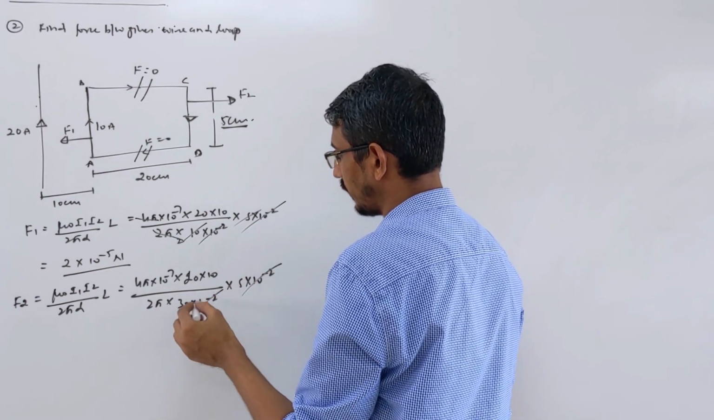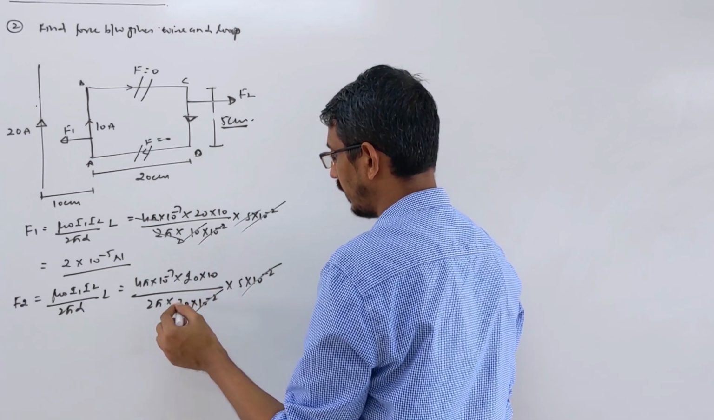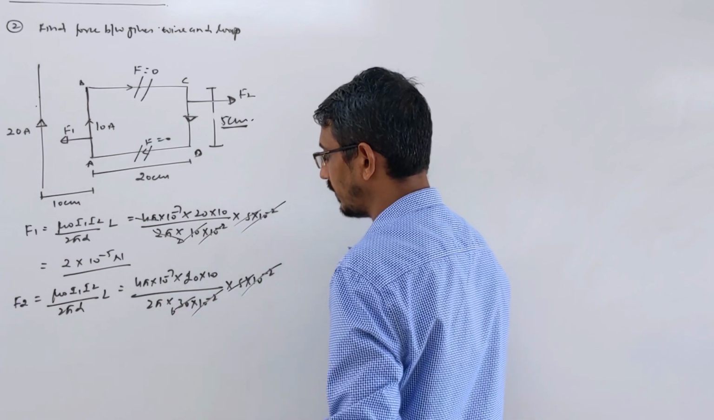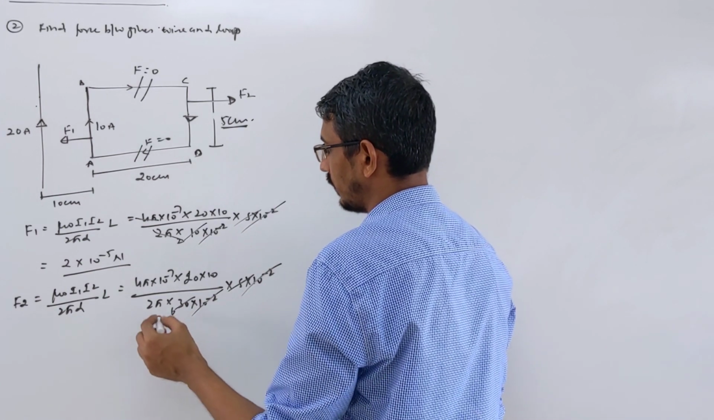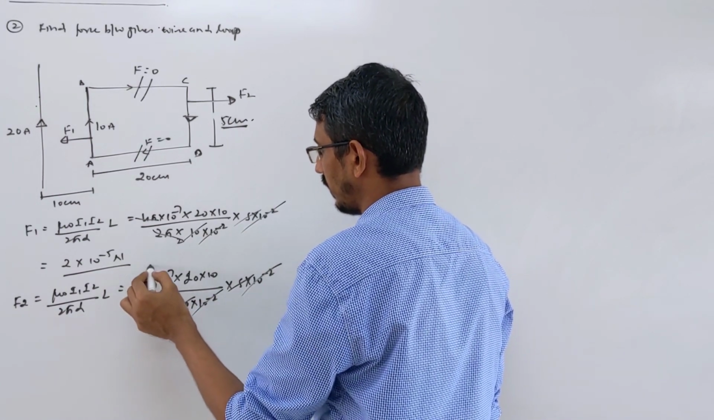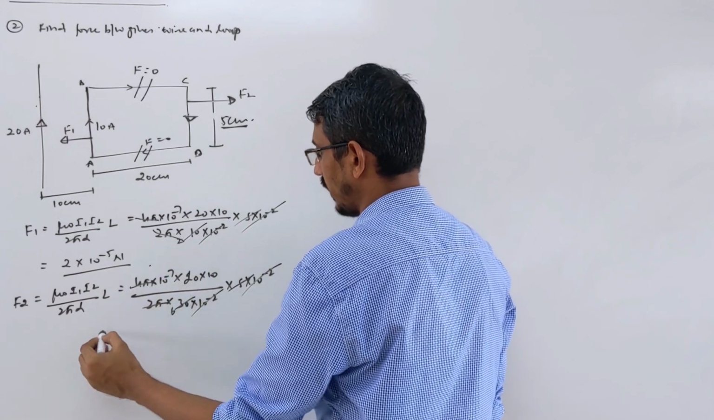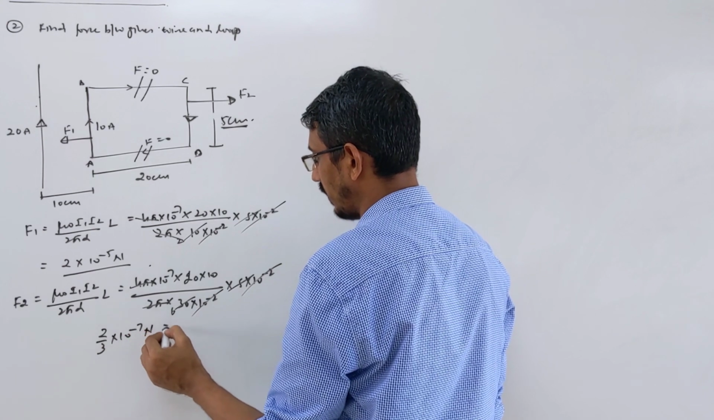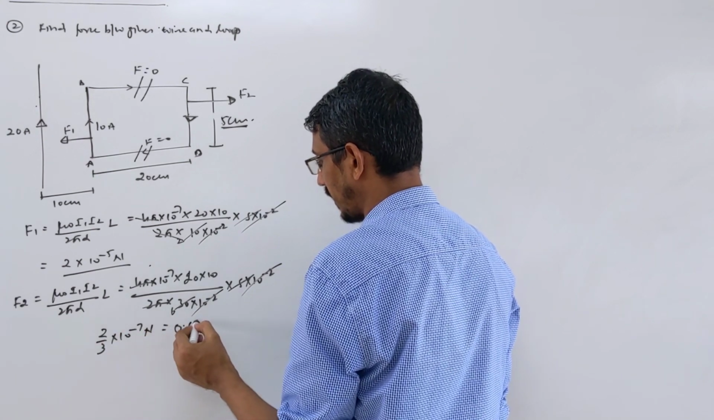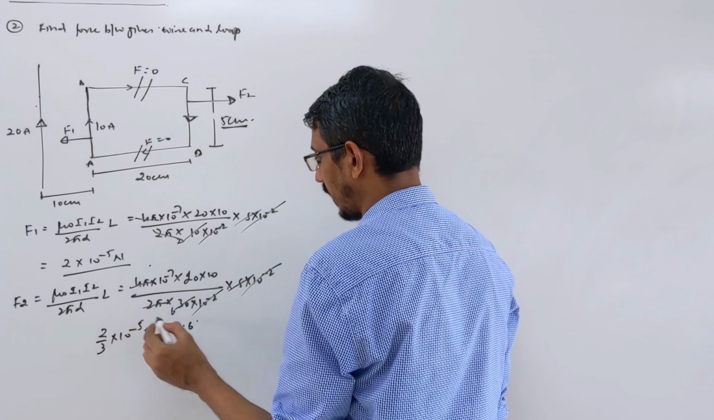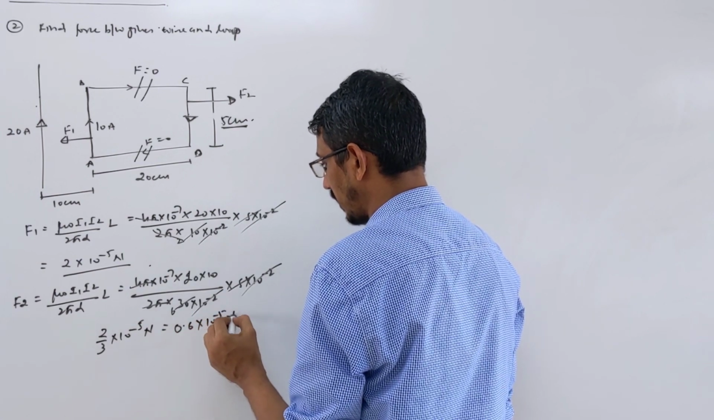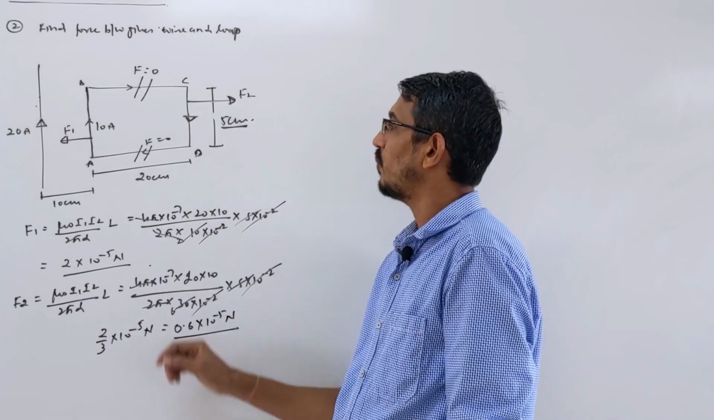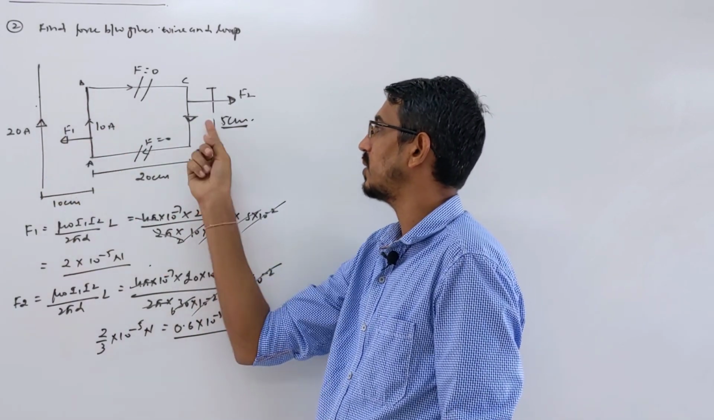Okay, so you see that you can cancel them. 5 goes 6 times, right? So 3 remaining here. This gets cancelled. So you write 2 by 3 into 10 power minus 7 Newton, or around 0.6, I am writing. Sorry, 10 power minus 5 Newton. This is the force, okay? Yes, approximately I wrote. So force between these two wires is attractive,